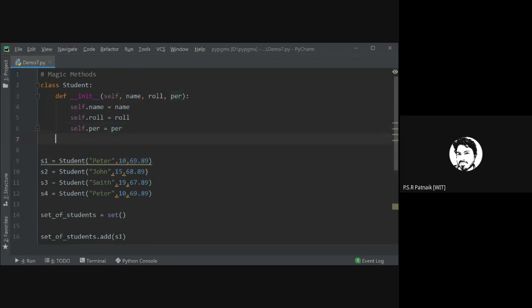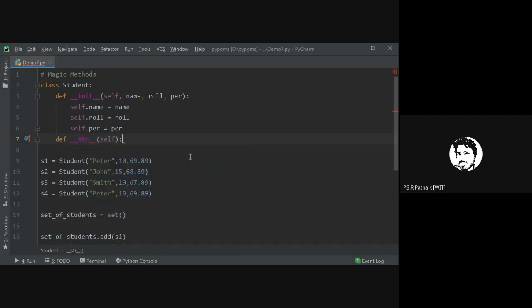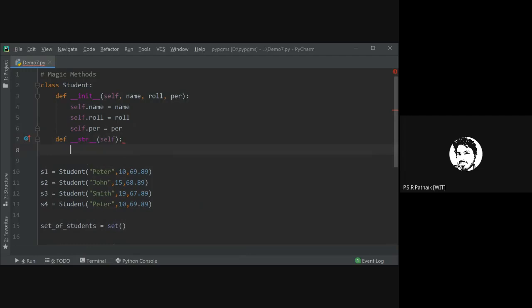The one quick solution is to override a method called str. You have to override this. Here, whatever you write is printed as the actual output when I directly pass this object to the print method.